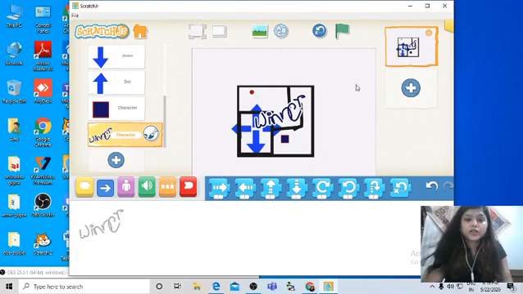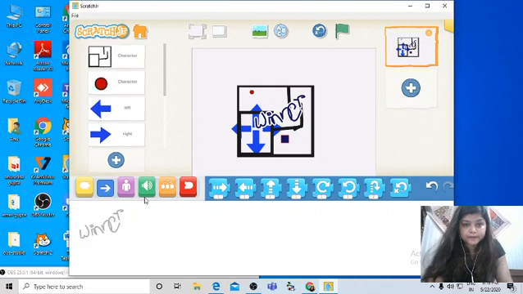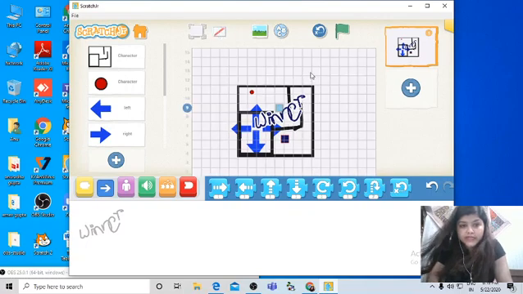Now children, let's start coding. As you can see, our maze size is very small. You can see it on the grid also. To grow your maze size, you need to take some blocks.